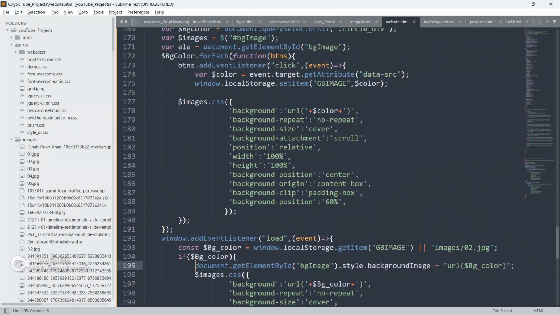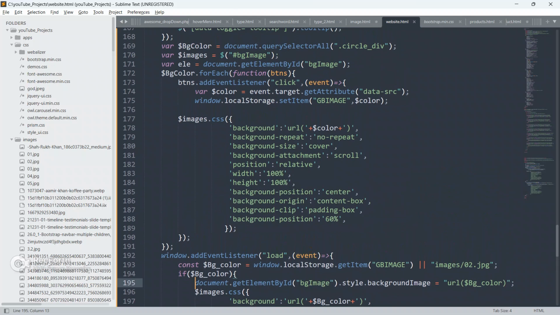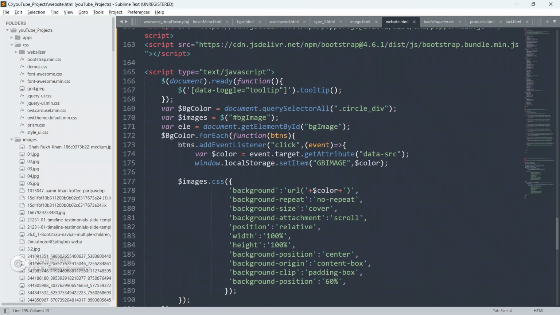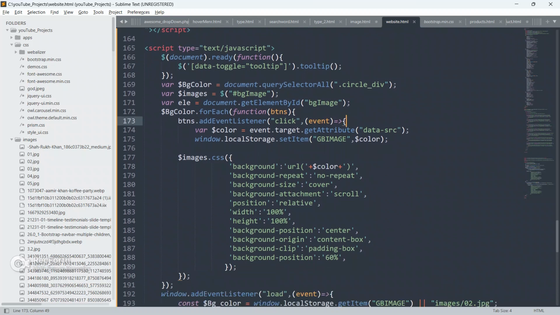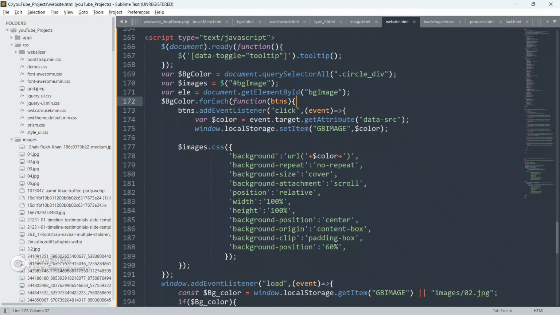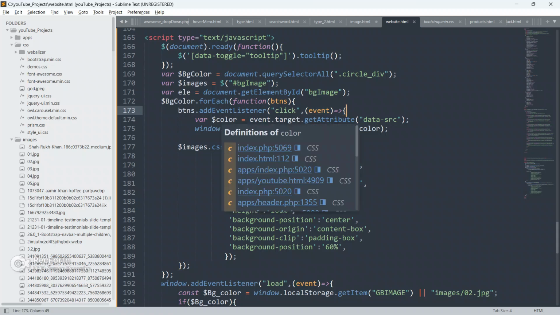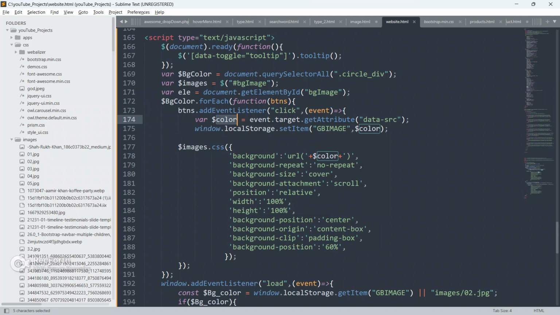CSS. btns.add event listener, click event, bg color, event.target.get attribute data src.